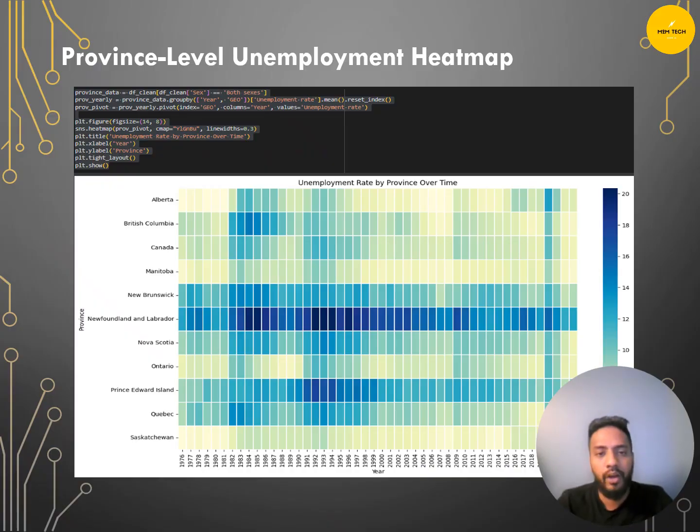This heat map shows how unemployment levels varied by province and year. Provinces like Newfoundland and Labrador had consistently higher unemployment, while Alberta and Saskatchewan were more stable. For this chart, I organized the data into a table where years go across the top and the provinces down the side. I used color shading to show which areas had higher or lower unemployment. And moving on to the next slide,